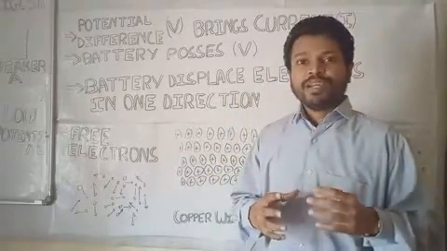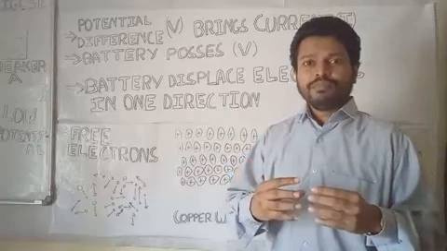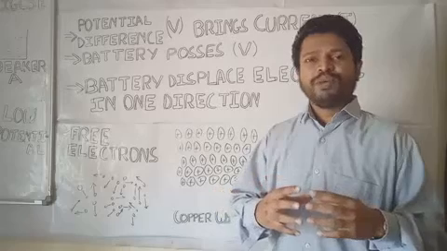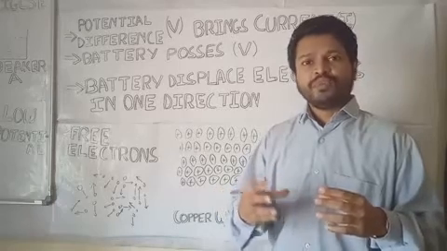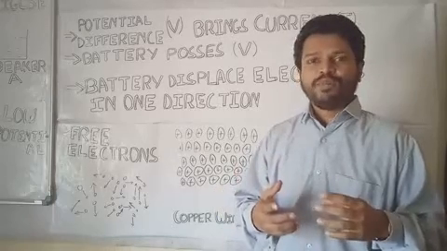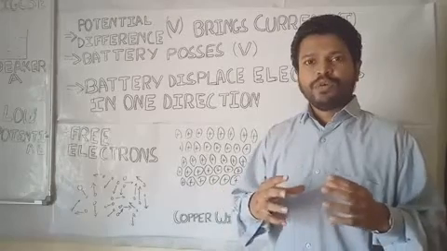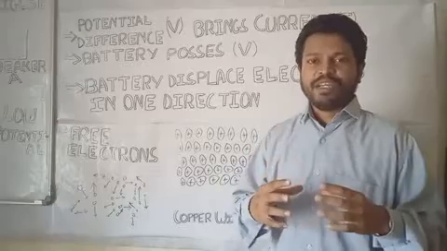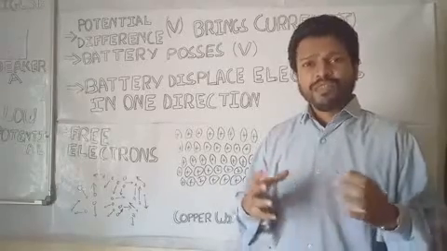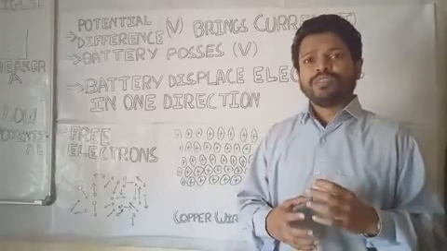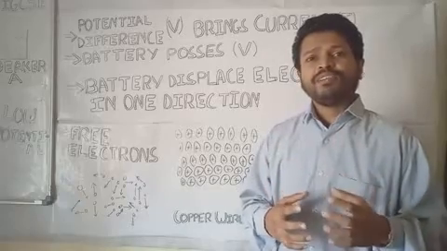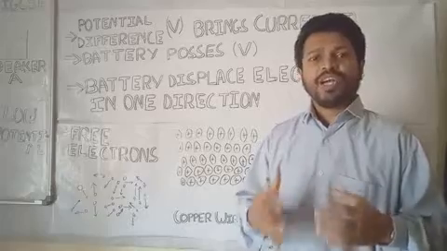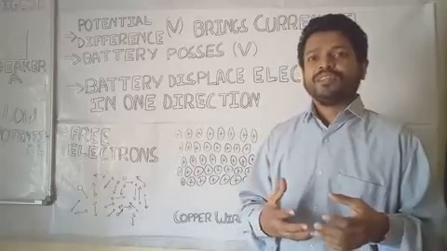A battery is the togetherness of two or more cells. A 1.5 volt cell is there. If you connect 1.5 volt plus 1.5 volt, it becomes 3 volts. So 3 volts and more than 3 volts is called a battery. A battery always possesses within itself a potential difference, and this battery itself is a driving factor which creates the potential difference inside the electrical circuit.